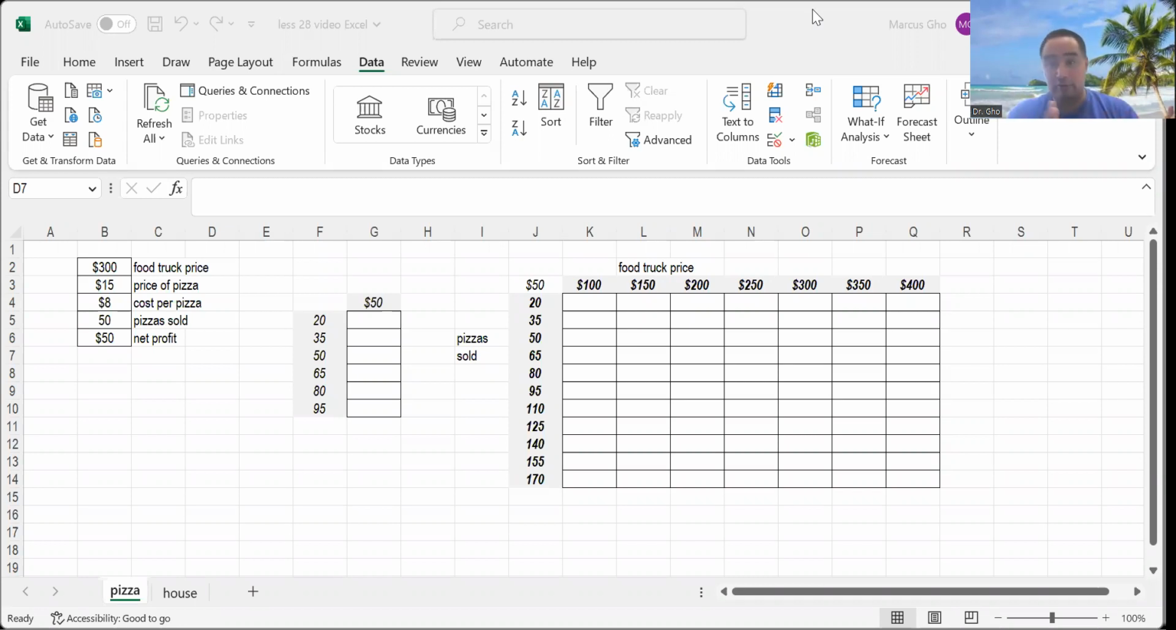The very first one, we have a food truck. The food truck costs us 300 bucks a day to run. We can sell pizzas for 15 bucks at the food truck. It's going to cost us $8 per pizza. And I threw in a number just to start off with. If we have 50 pizzas sold, that means our net profit is going to be